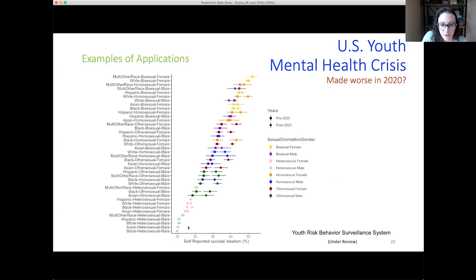So to orient you here, again, we sort of ranked this. This is self-reported suicidal ideation percentages. So 10 to 52% is about the range. Each group is ranked based on the earlier time point. And then, so pre is in the little square, post 2020 is round. And what we see is actually the high and low ends stay more or less the same. The highest risk groups, more or less what we would expect for suicidal ideation.